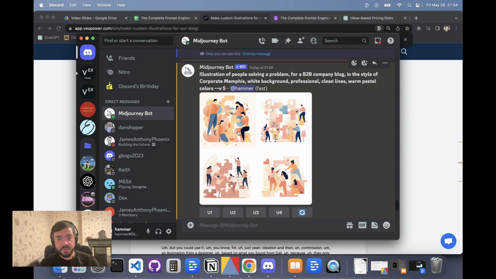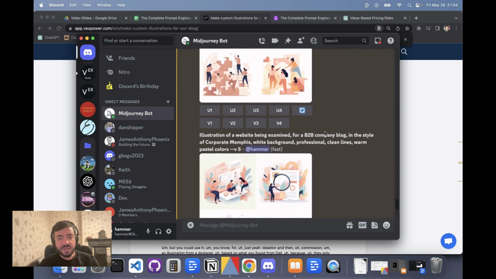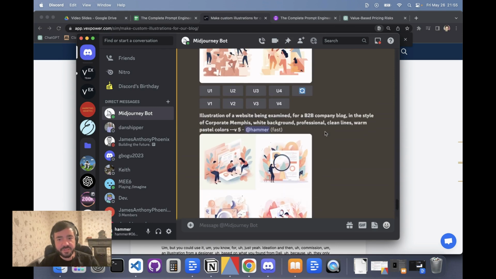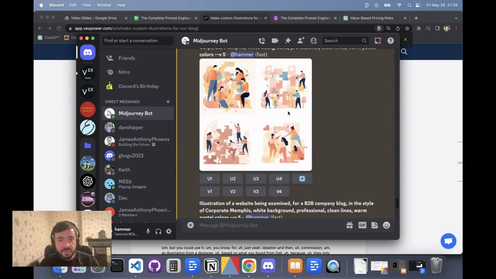Cool. So here we go. Here's our corporate Memphis style. You can kind of see it looks almost like it's cut out from paper and put in here. It's a bit of a Bauhaus style as well. You can see that they're all visually very consistent, right? Which is cool. And here we go. So we have